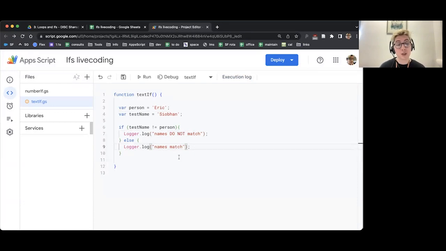That can be really useful because sometimes you do want to check if it's not true as your main thing. So use exclamation mark equals sign, like so. If you look on the guide, you can see the list of operators you can use for the comparisons if you need some more information on what those might be. But there we go. We've had a go at comparing both numbers and text strings in an if so that we can work with them, and we can now build this into our code as we want.